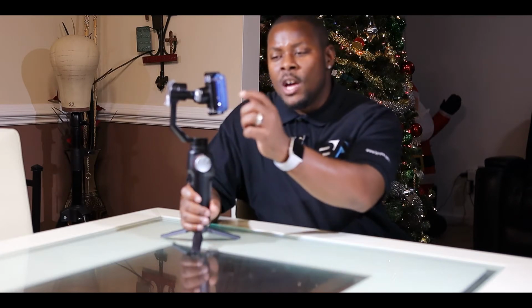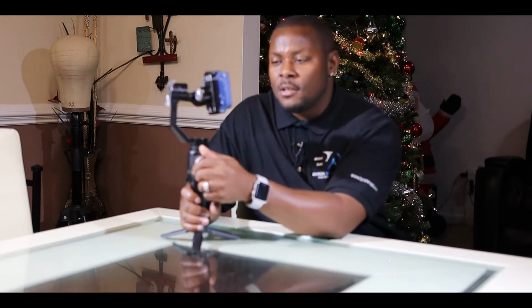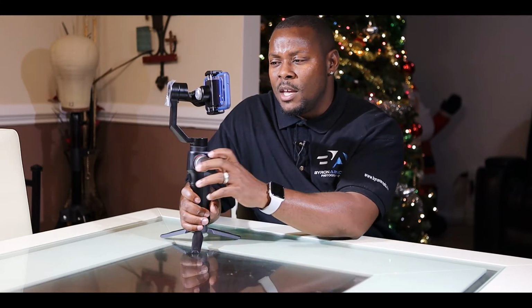And then we have one called roll axis, and what that is, you can see how the phone is turning. So that's what the roll axis is. Then you have pan axis, like left and right movement. Then you have the tilt axis. So out of all those 5 features, the one that I would recommend that you use is going to be the roll axis. And the reason being is because